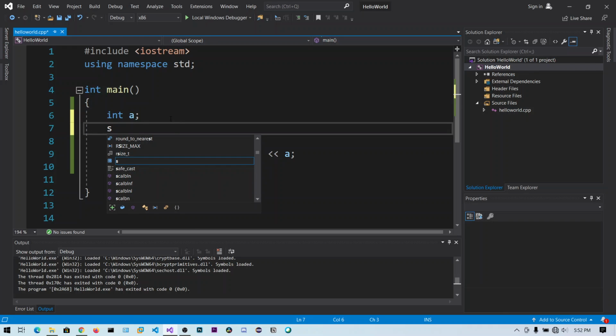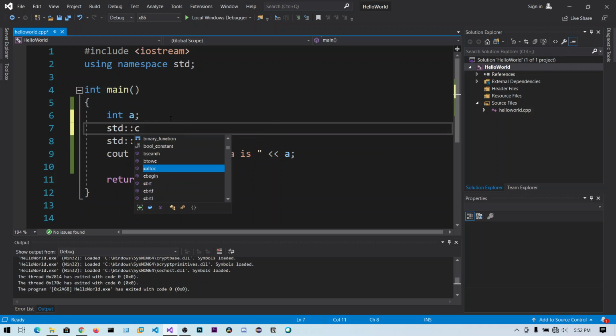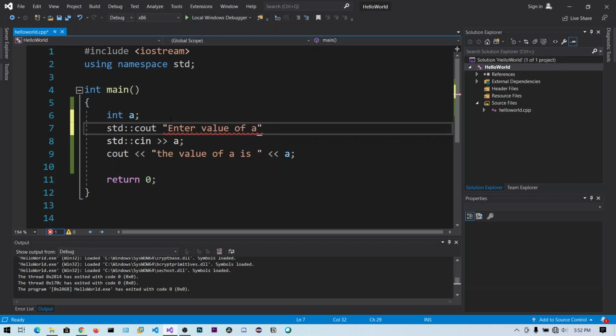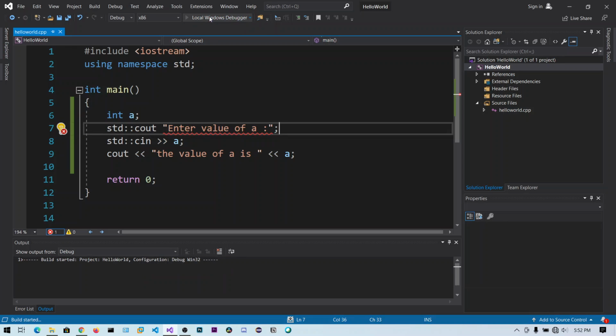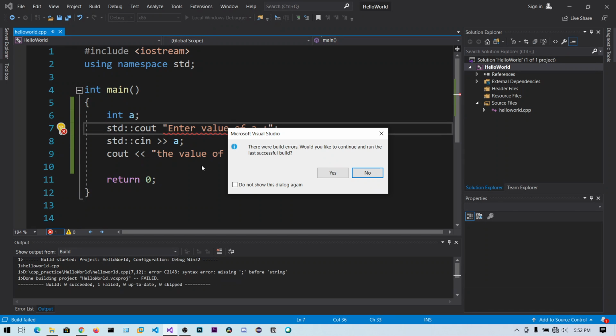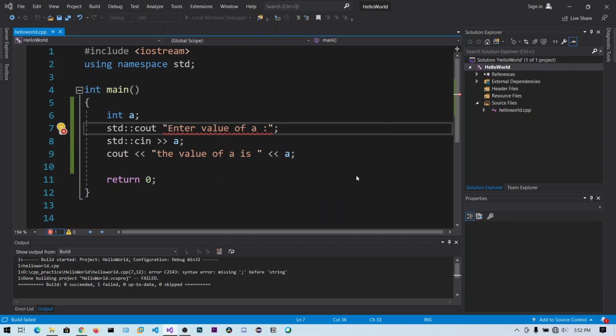We do not have any prompt like enter a number or enter a string. So what we can do is, we can say enter value of a. Okay, now if you run the program, okay, there are errors.